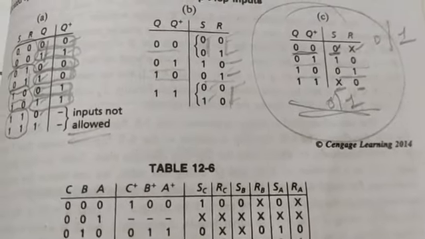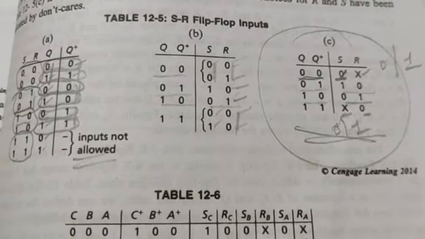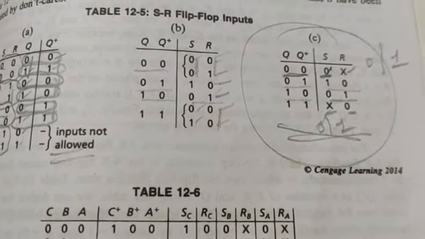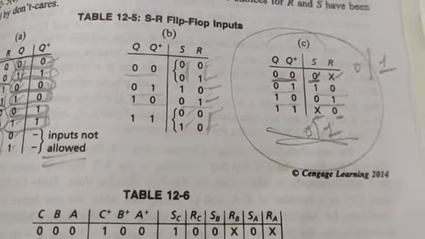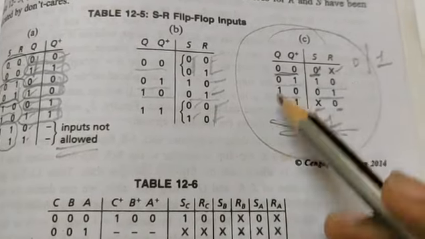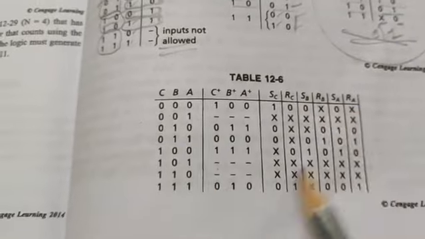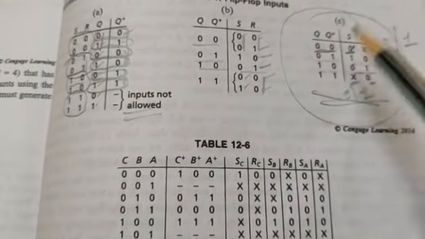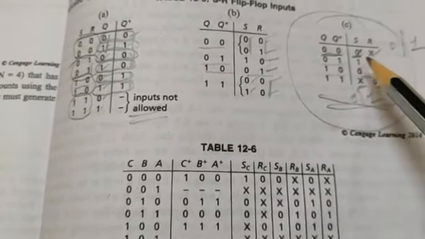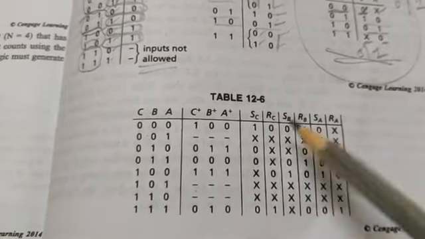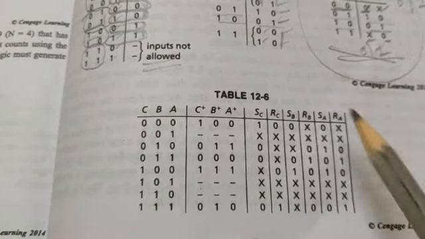So you might have seen the previous year question paper. They might ask to write the excitation table of SR flip-flop and JK flip-flop. In such a case, you are supposed to write this table. This is an excitation table of SR flip-flop. So to write this table, you need to remember it. If you remember this table, then it will take just 2 minutes to fill it. Okay.